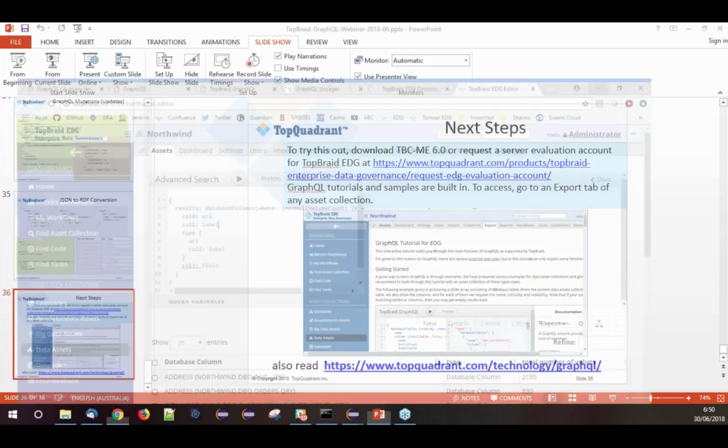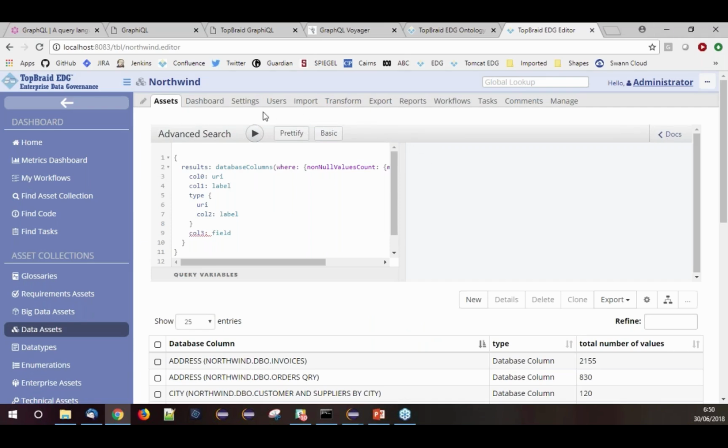You can open Edge from TopBraid Composer from your personal edition, or you can also get an online evaluation account if you prefer to use it online. You can apply for that. Instructions were on the slides, and you can find that online as well. But once you're in there, you can